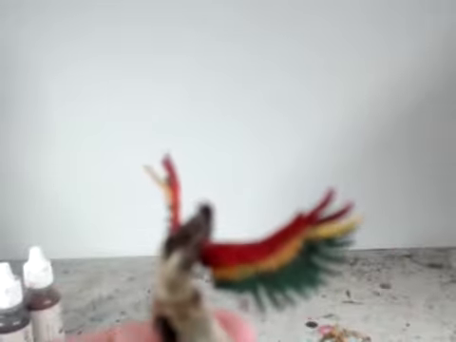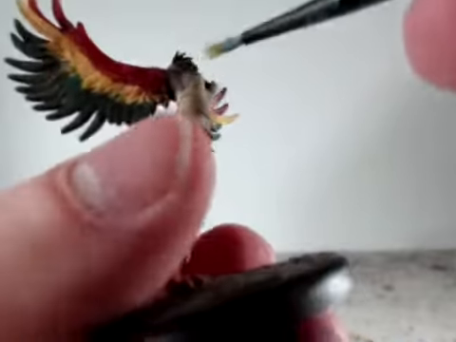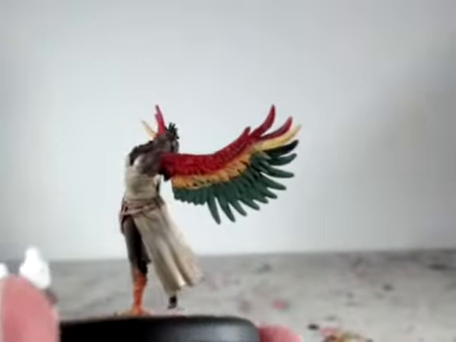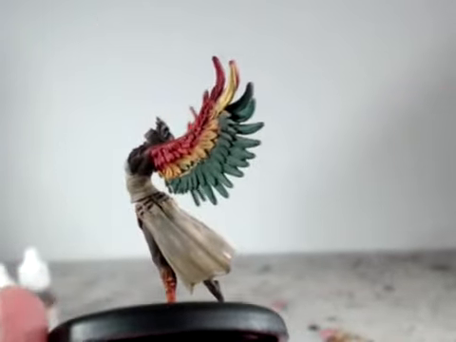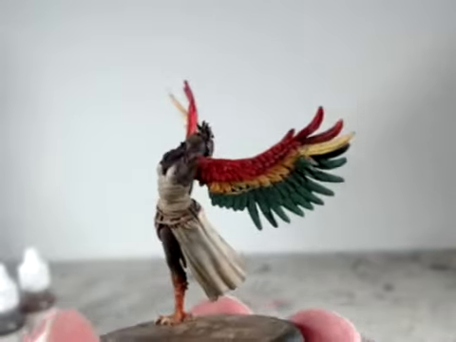So with that in mind, I'm going to take a little bit of that green too, that pale green. Just do the flip up here on that. As if the colors of her feathers are going into her hair. So kind of experiment there. And then,